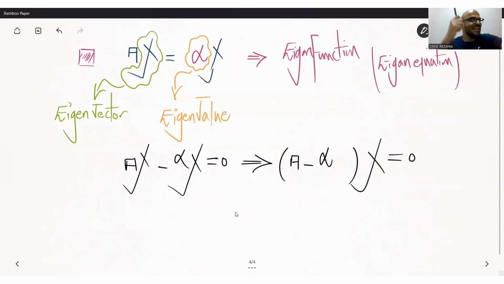But now, the next thing, I have two problems here. The first problem is this. Look at inside the parentheses. The first element there is A. This is a matrix, which comes with a number of rows and a number of columns. What is alpha? Alpha is a number like 2, 3, any real number, not 0. Any number. But there's a problem. I say a matrix minus a number means,